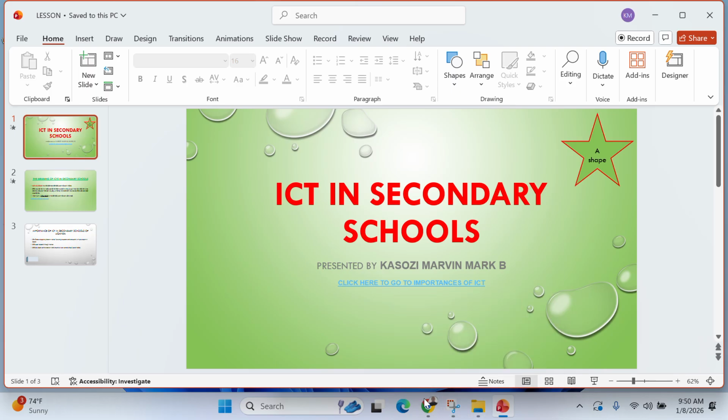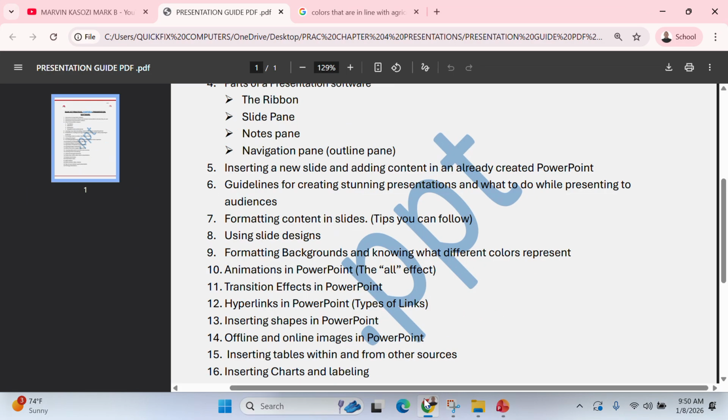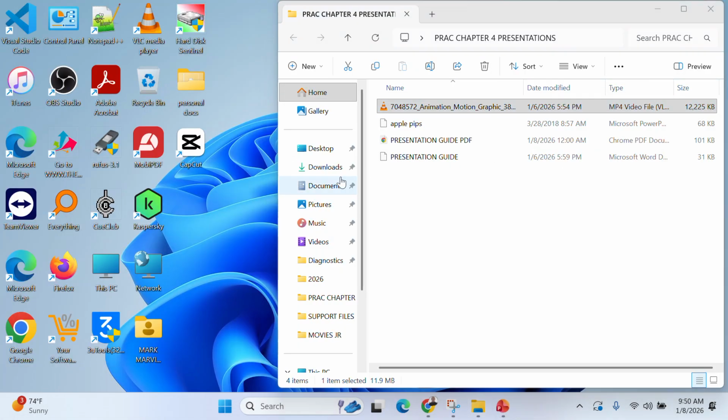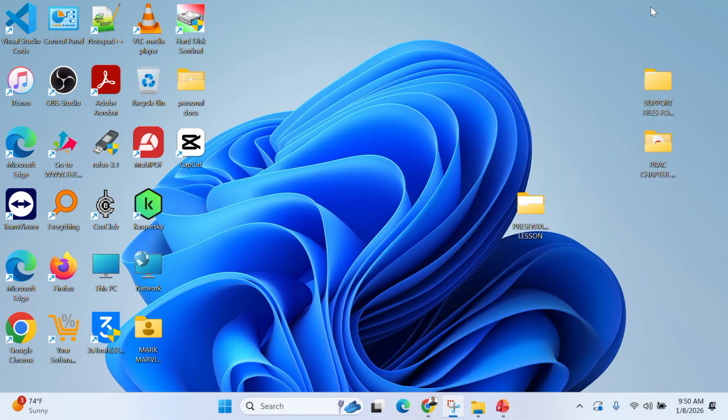So those are shapes, and it's straight away taking us to number 14, that is offline and online images in PowerPoint. So offline and online images, I'll start with offline images. If you want to put an offline image in PowerPoint, simply have an image on your computer. For example, if I look at my computer here, I don't know the latest image I've got on my computer,